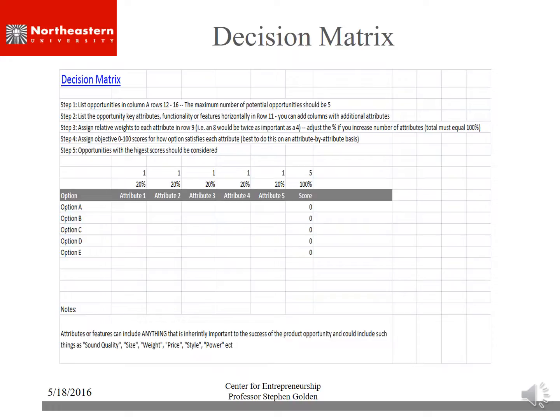Or if you wanted to do it differently, you could take the attributes and say you're looking for a product that's inexpensive, attribute 1, that's easy to manufacture is attribute 2, has tremendously large market opportunities, attribute 3, that your team can deliver in 14 weeks is attribute 4, and that there's a high probability that you could actually bring to market, attribute 5, and